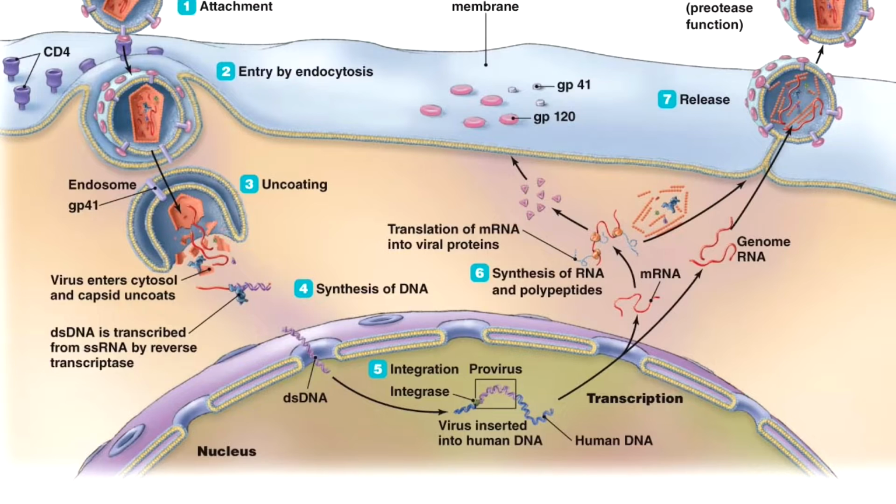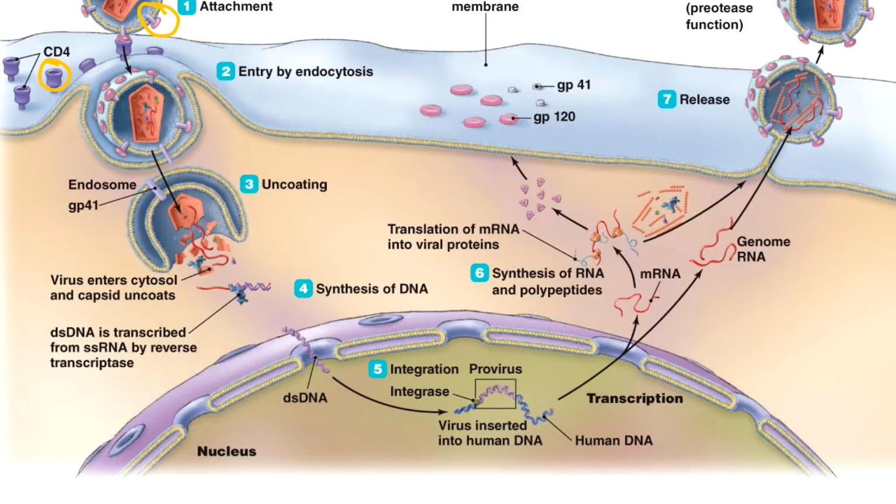Up here in the top left, you see an HIV virion. It has spikes, and its spikes are made up of two proteins. The proteins are called GP41, or glycoprotein 41, and GP120, glycoprotein 120. So right here, you've got a combination of GP41 and glycoprotein 120. The GP120 interacts with a protein on the surface of the CD4 T cells called CD4. And so GP120 hits CD4, and that triggers an endocytosis, and then you've got this crazy double membrane that has